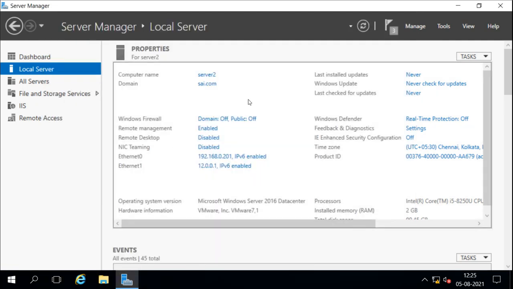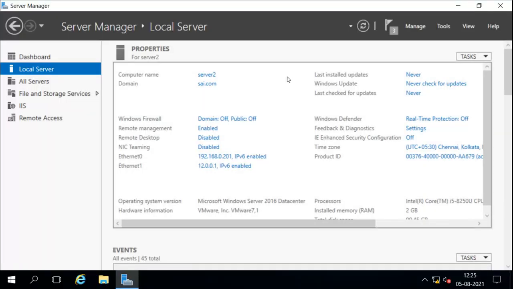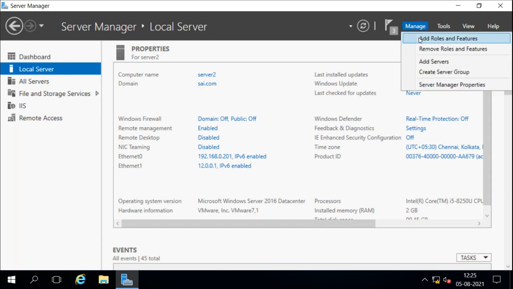Now this is what we have installed. We have installed the remote access. Now we'll see what we can do with it. One more thing is the network policy server. Now remember, we have not selected this to install. We have not selected this, but when you install the remote access services, this network policy server role will also install automatically. Let me show you that first. Basically it is a different role, but when we install the remote access, it installs with it.